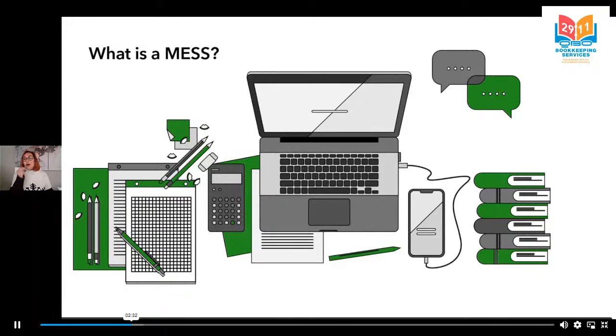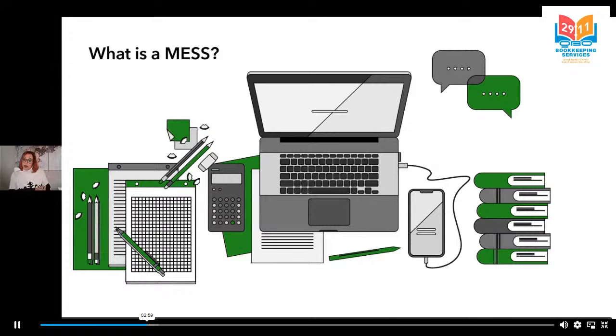So you always want your books to tell you why you spent or received money. And without some key details, it's very difficult to answer that why question. So even with no prior knowledge of a transaction, you should be able to look at it and know exactly why it was recorded.